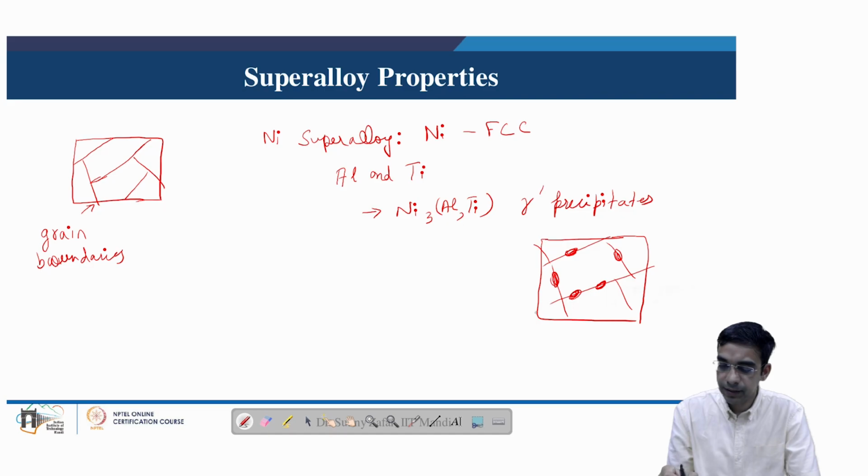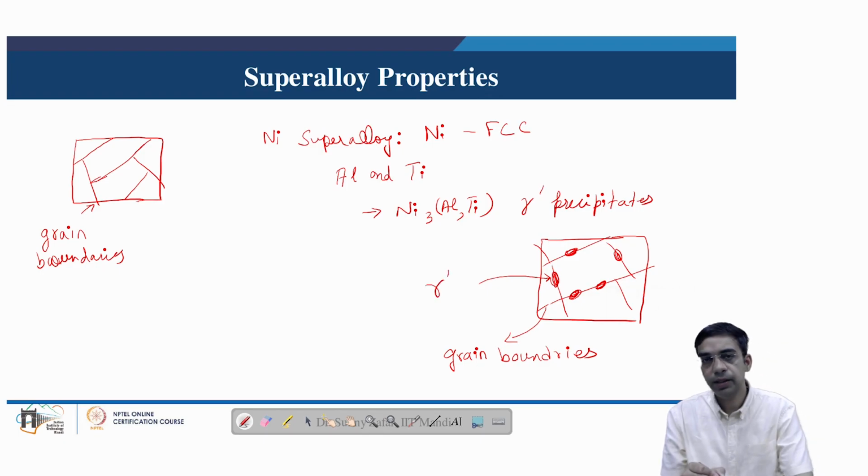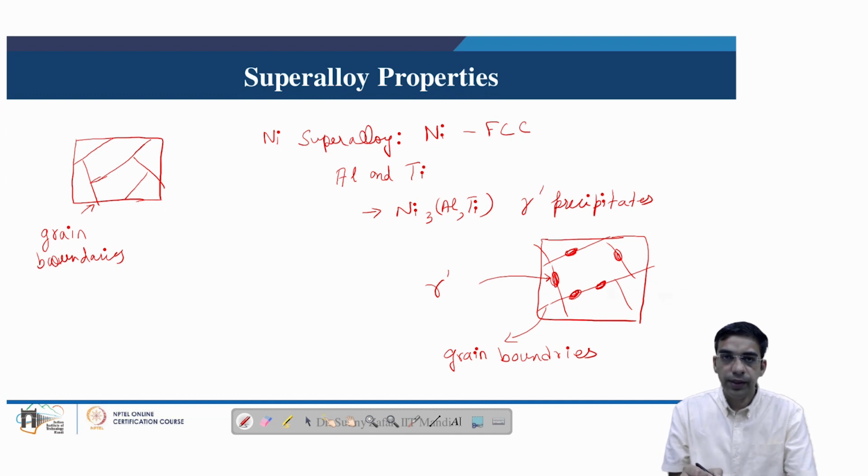So we can say that these are the grain boundaries. And on these grain boundaries, we have the gamma prime precipitates which are sitting on the grain boundaries. Now, what happens? These grain boundaries become the source of dislocation movement under loading conditions, and